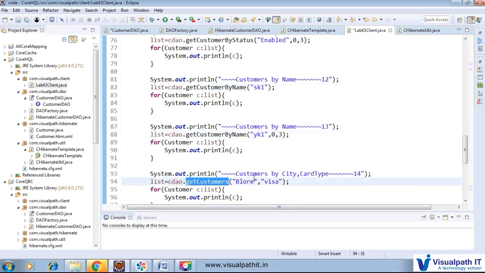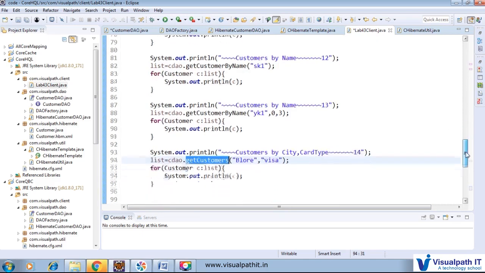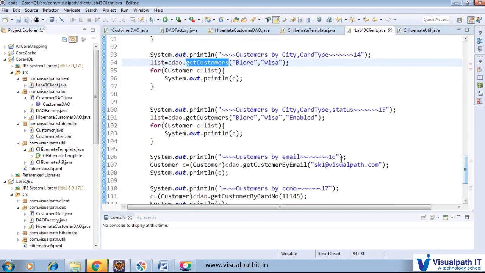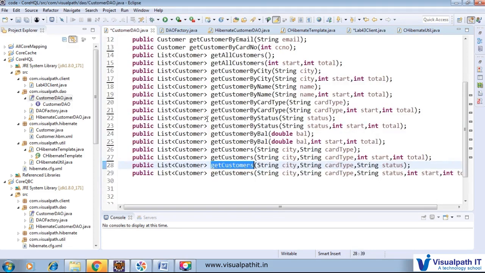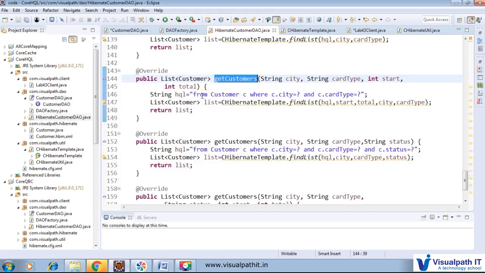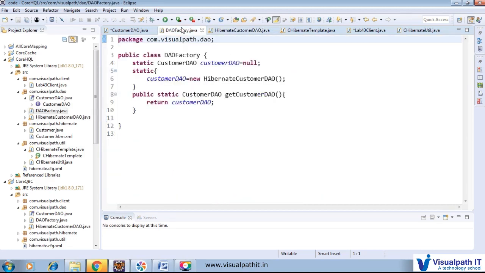So here get customer by Bangalore and Visa, we'll pass it and retrieve it. Here we can enable get customer, and we can pass 3 parameters like Bangalore, Visa and enabled, and get customer itself has that query from customer C, where C dot city equal to something, C dot card type equal to something, that will be applied here.